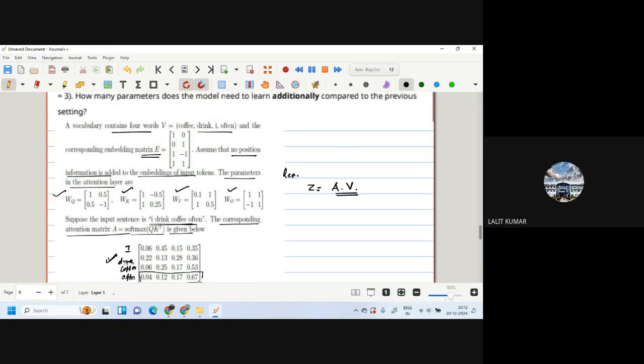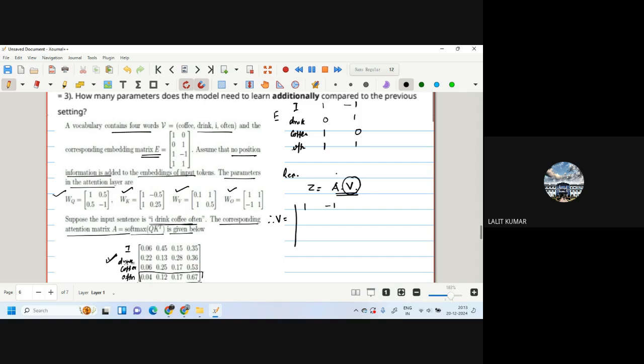But what I have to calculate is V now. So first I have to make the embedding matrix. So embedding matrix for I drink coffee often. I is 1, minus 1. Drink is 0, 1. Then coffee is at first place 1, 0. And this is 1, 1. Therefore, V is equal to